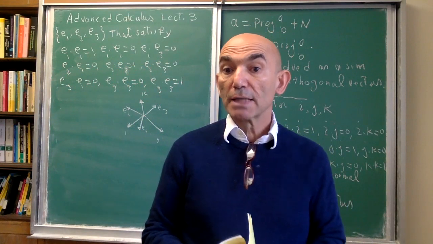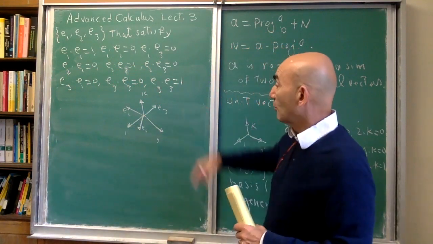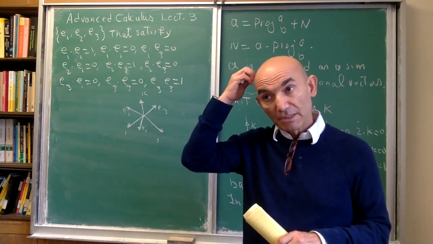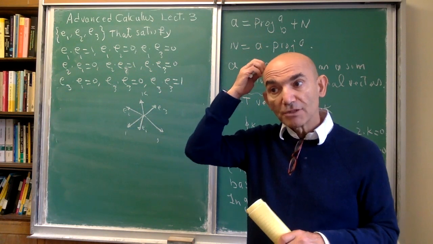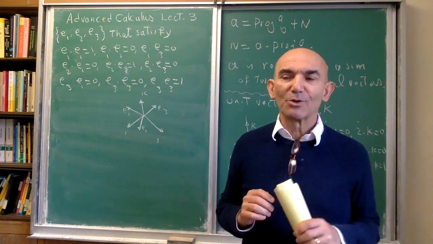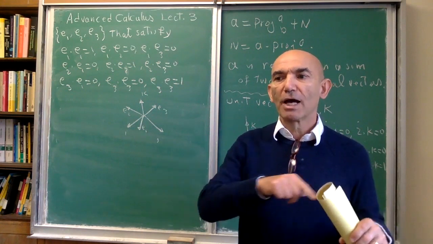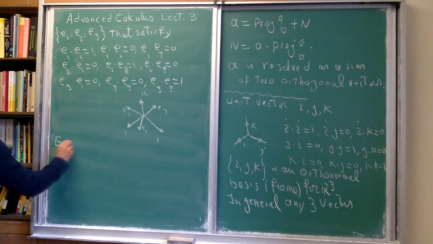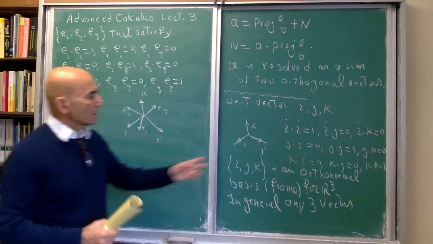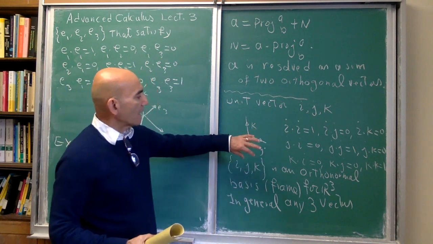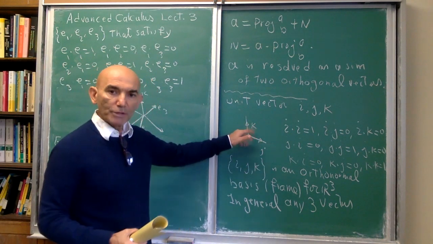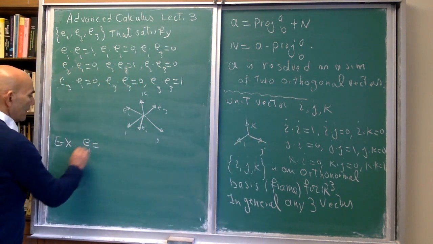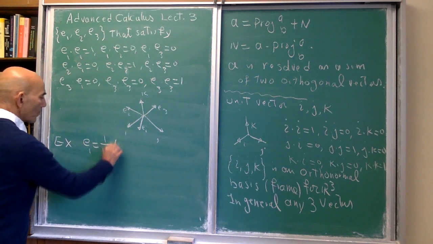The use of this idea is that if you have an orthonormal frame, then you can write any vector in terms of these vectors very easily, without having to solve systems of equations in order to present a vector as a linear combination of those vectors. So let me give you an example. You can start from ijk and make some appropriate changes to get the new vectors. For example, let's take E1 equal to 1 over root 2 times (i plus j),